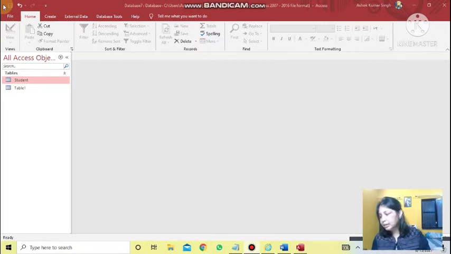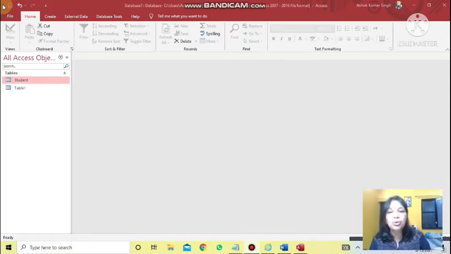Okay, so let's start. Last class we learned how to create the table. We had seen that a table has two views: one was the datasheet view in which we were doing the actual entry of data, and one was the design view where we were designing the structure of the table. And I had told you about various data types which are very important. In a tabular form it's given in your book. Go through each and every line, and if you have doubt you can ask us anytime through message or in campus care or in class also. If you're there you can ask the question.